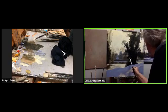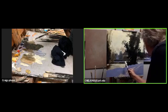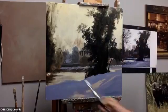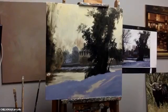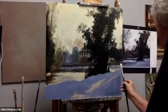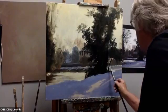And it's paying attention to little things like this that a lot of people, when they paint, particularly from photographs, it's true from painting on location too. A lot of people don't look for things like this. These little,